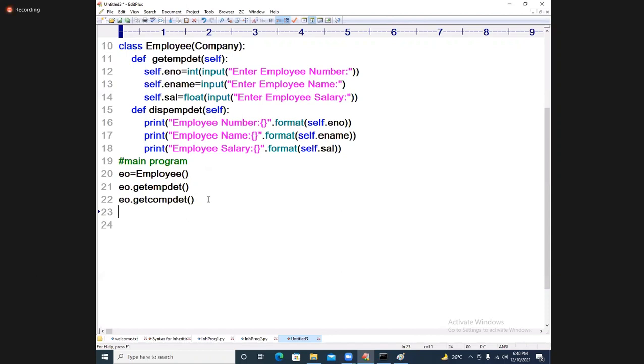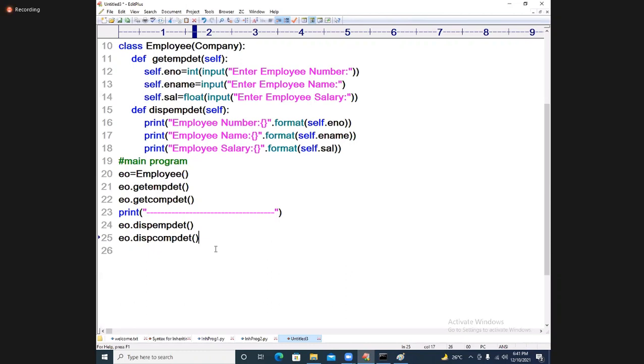Now I need to display. First, I will display employee details. I will write a small line here: EO.display_employee_details, plus next, EO.display_company_details.